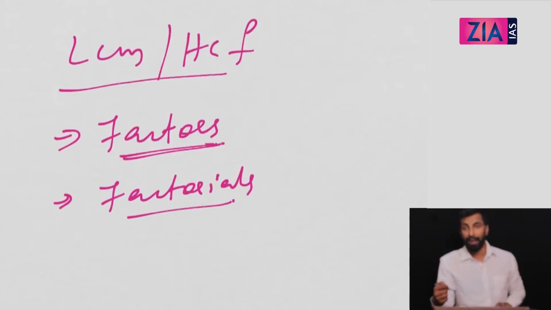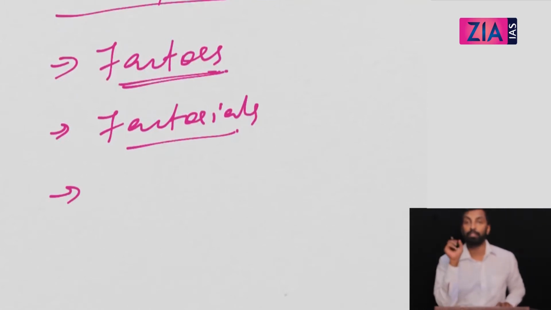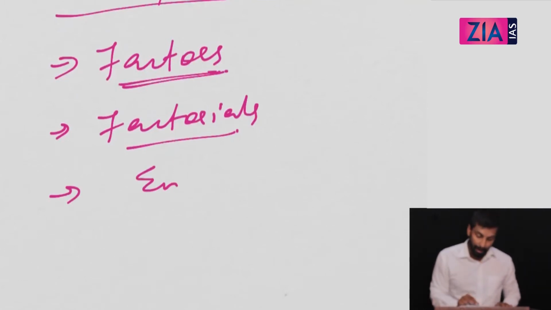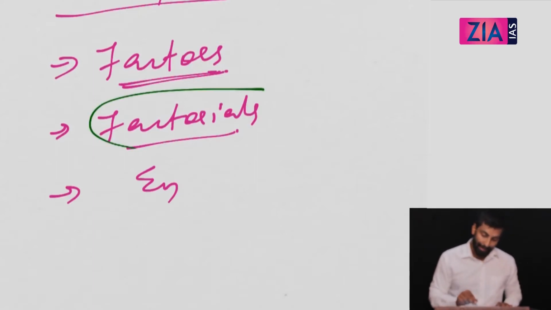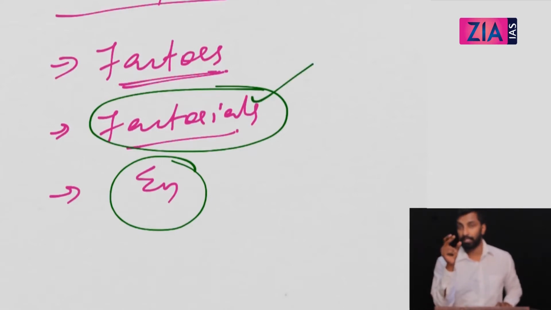Factorial is actually the product of consecutive numbers starting from 1. So when we cover the product of numbers starting from 1, that is factorials, obviously we will have to cover the sum of consecutive numbers starting from 1, that is sigma n. You will get questions based on factorials, and also questions based on sigma n. Factorial is nothing but the product of consecutive numbers from 1. Sigma n is the sum of consecutive numbers from 1. We will discuss enough examples in those video sessions.